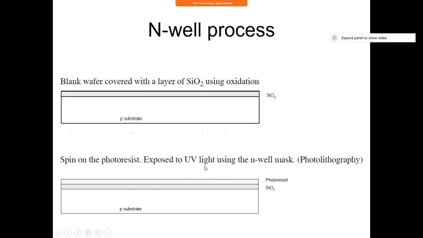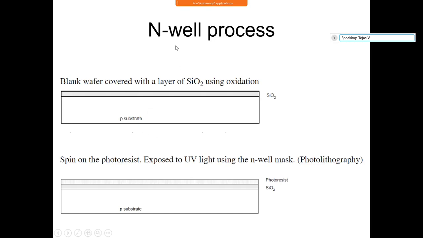So in such case, if your starting material is P substrate, then you can realize only NMOS transistor. Then how do you realize PMOS transistor? You will have an N-well. Suppose if you start with the N substrate, then what you can realize on that parent substrate? PMOS. So if you want to have NMOS transistor, then you have to have P-well. So that is the difference. The well that is used to realize the opposite of the given substrate, so you're going to have that particular well. Done? Yes, sir.